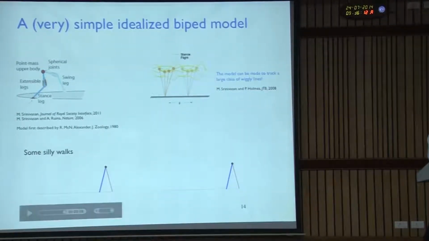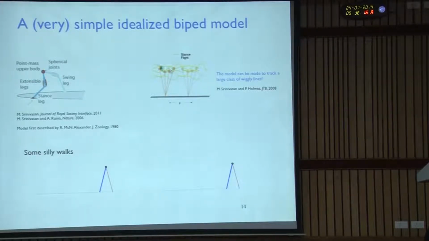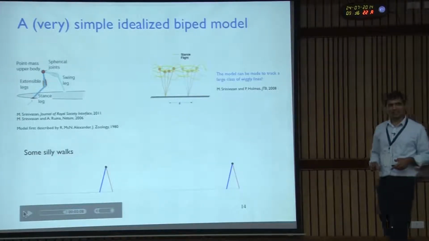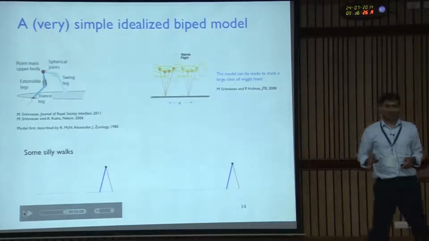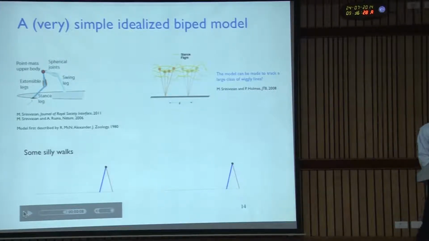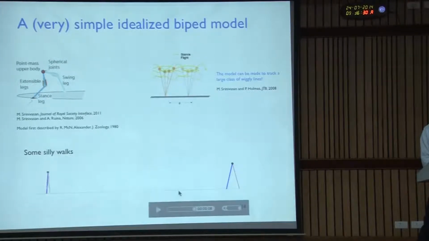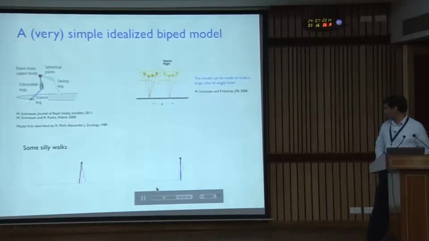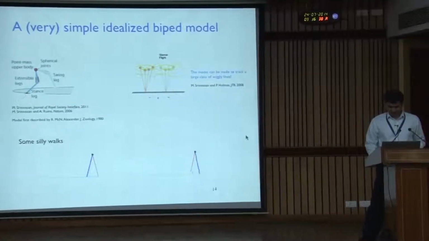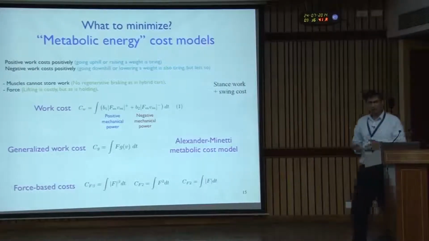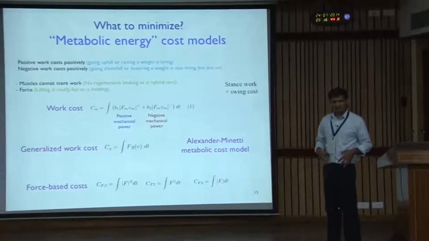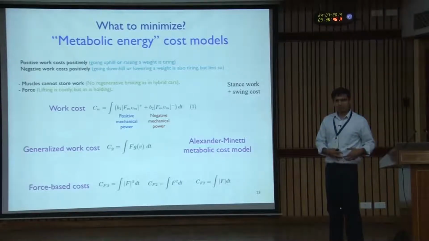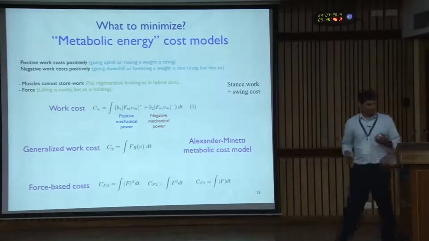So you can make this model track a huge class of forward-going, complicated-looking trajectories. By appropriately changing the leg force or the leg length as a function of time, you can make it do not quite whatever you want, but almost whatever you want. And these are just things that we used a random number generator to create, some weird-looking motions. Okay. And then what do we want to do? We would like to translate a particular motion, a particular force as a function of time, to an energy cost. And what is energy cost